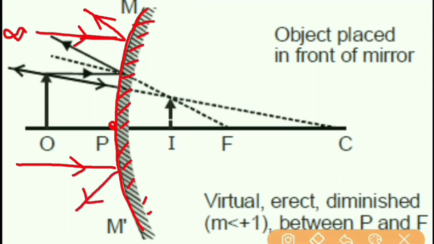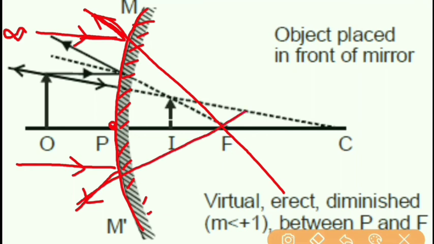So there is no chance of the rays meeting after reflection. But when the reflected rays are extended backward, they pass through a point which is the focus of this convex mirror,